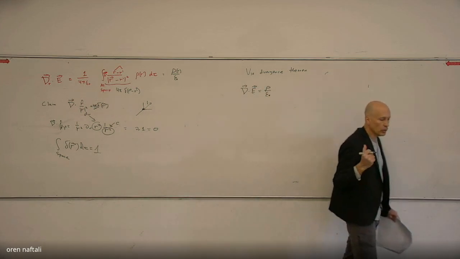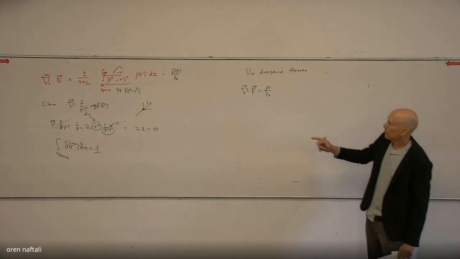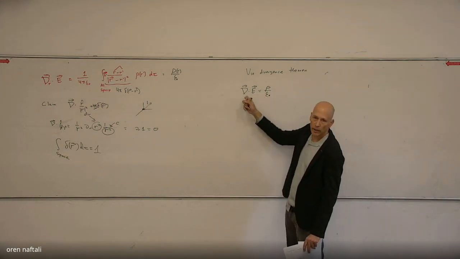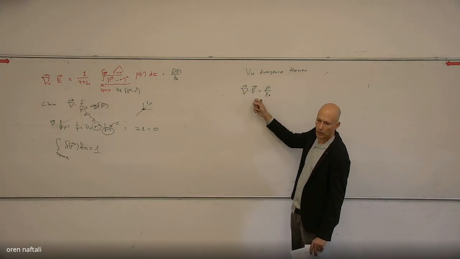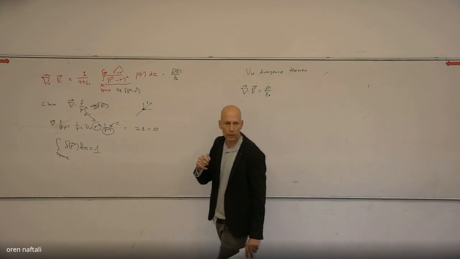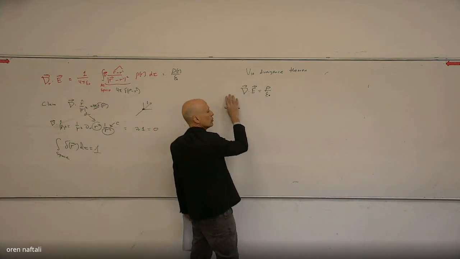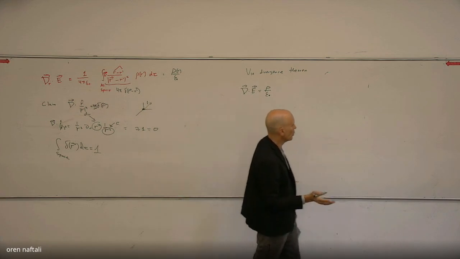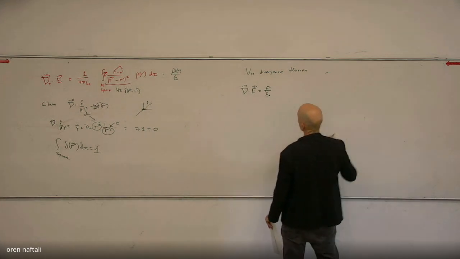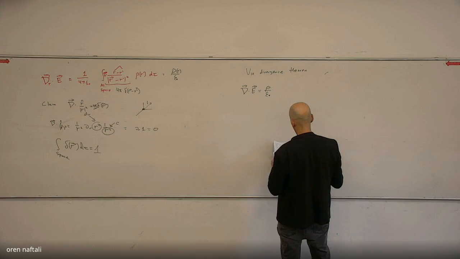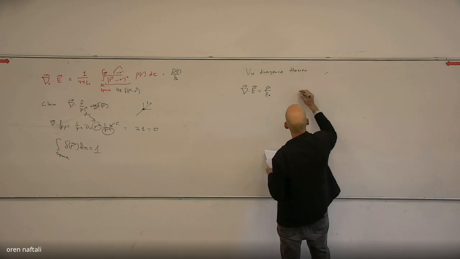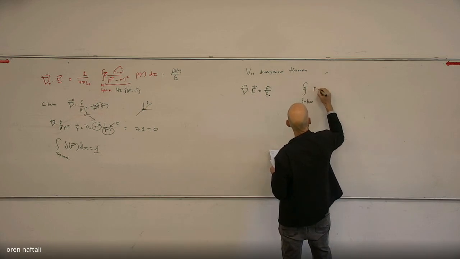Now, if I integrate this, then I'm integrating a divergence of E. If I'm integrating a divergence of some field, I can turn it from a volume integral to a surface integral. And that's the whole idea. And we can do that easily by writing that, using the divergence theorem,